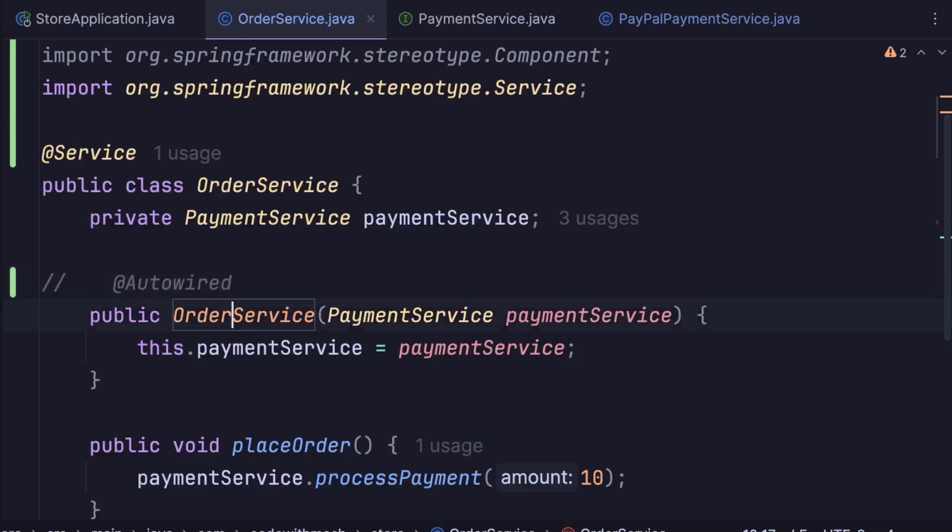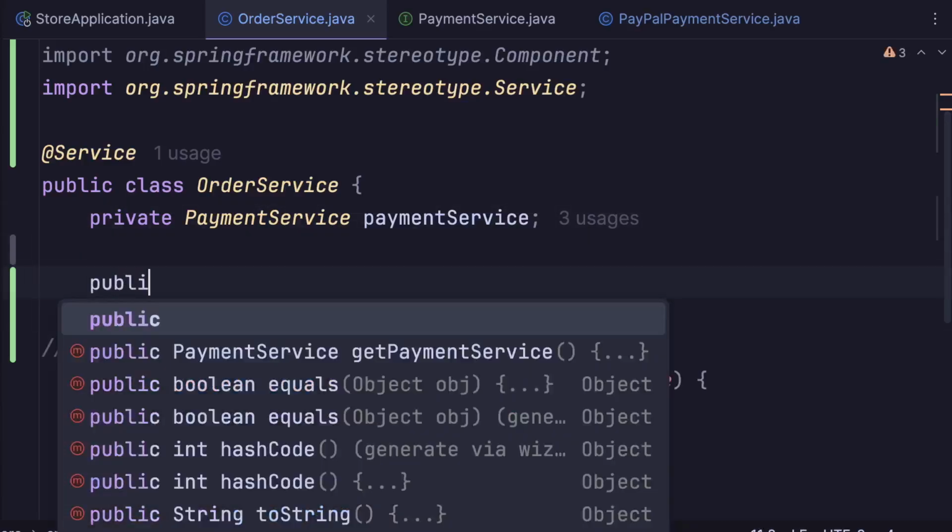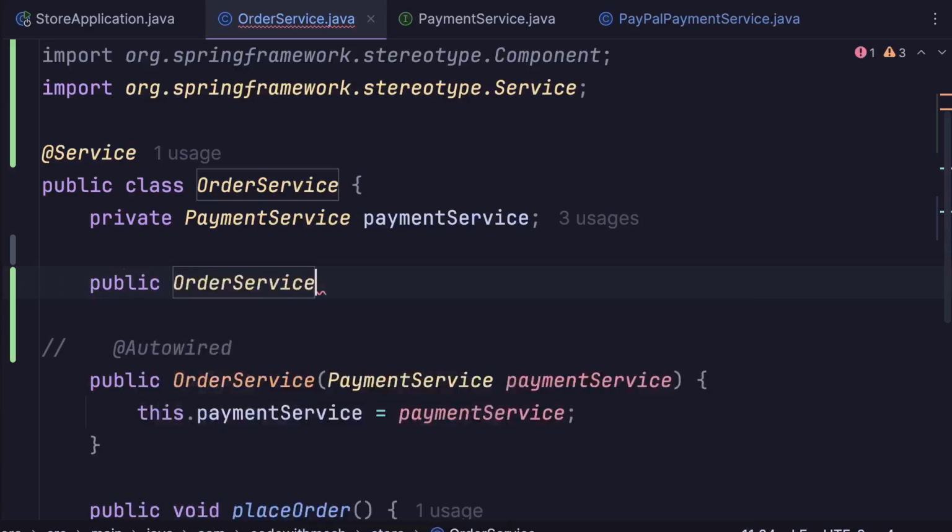So in this case, we can comment this out and everything works, but you might see the Autowired annotation in a lot of older code bases. Now, if you have multiple constructors, we have to use Autowired. Let me show you this in action. So I'm going to temporarily comment this out. Now let's create a default constructor, OrderService. Now, if we run our application